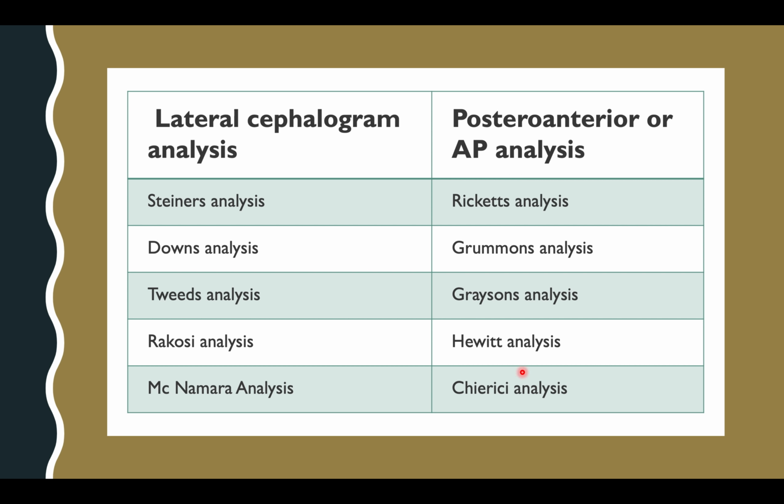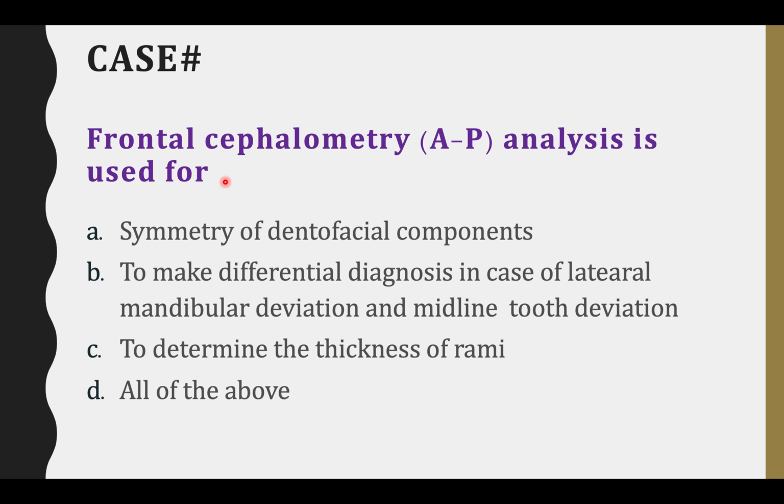So these are used for measuring the asymmetry conditions, whether the mandible is deviated or not, or the asymmetry in the zygoma region, in the eye region and all. So these are the various analyses used. The posterior anterior analysis and the lateral cephalogram analysis, you have to just memorize, so you can answer the direct bits like which of the following is an anterior posterior analysis, which of the following is a lateral cephalogram analysis, like that. Okay. So the questions can be asked like this.